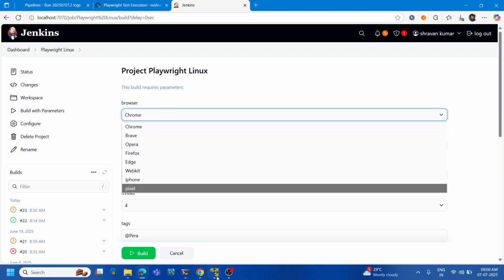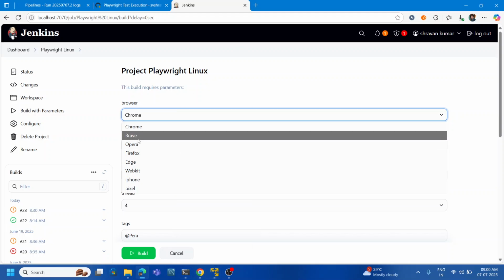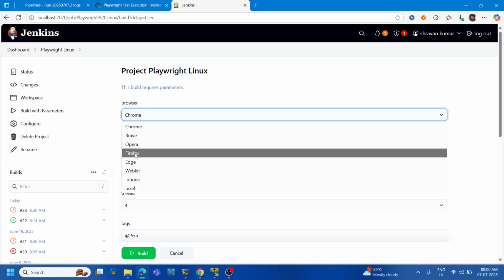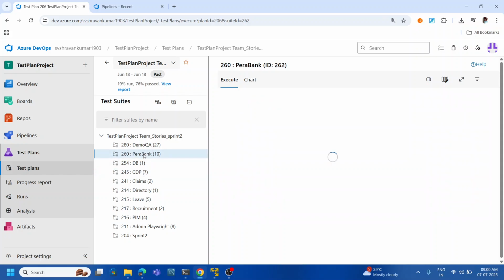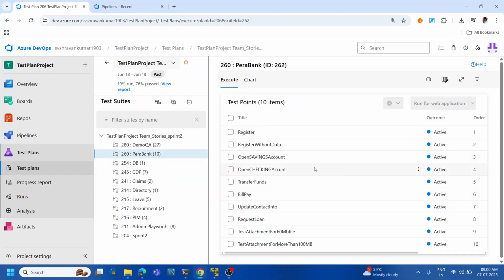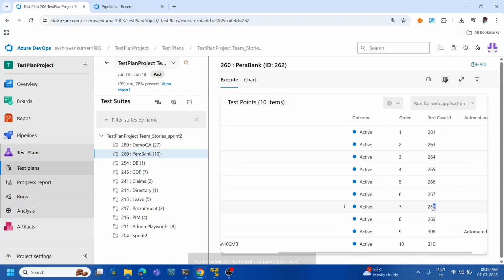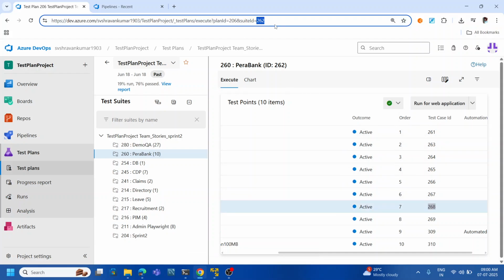Here, since I'm running it on my Linux, I will just go with the Firefox browser. In this, I will just go with another website. If I want to go with any specific test case, I can just copy this test case ID and just give the TC. Let me go with suite ID itself in this